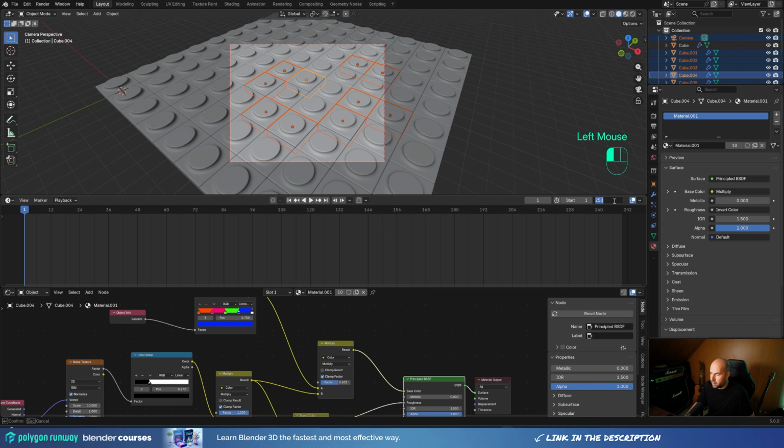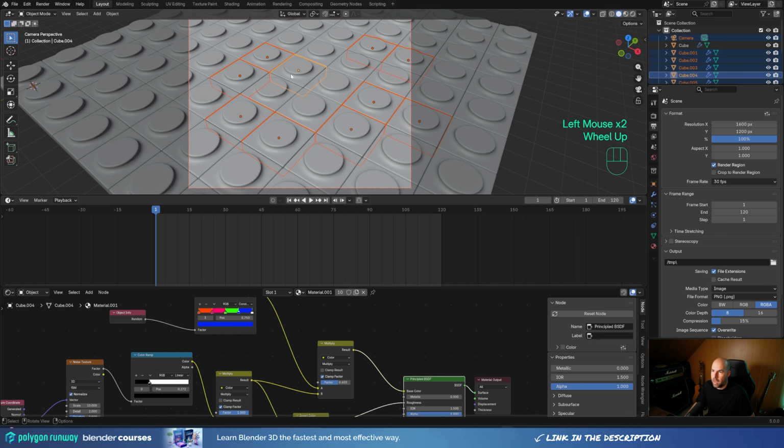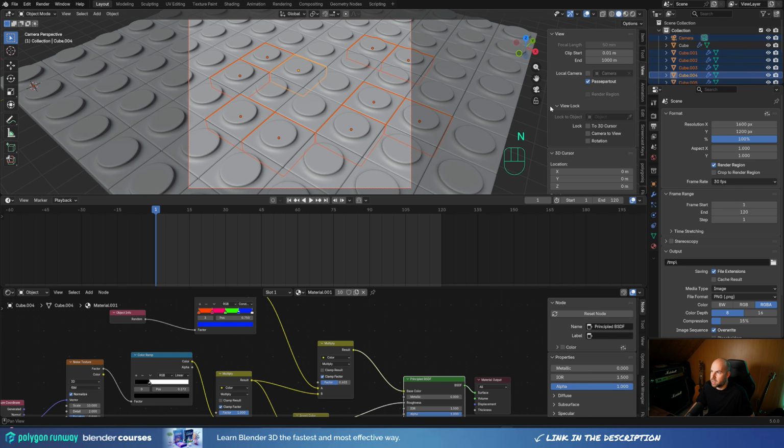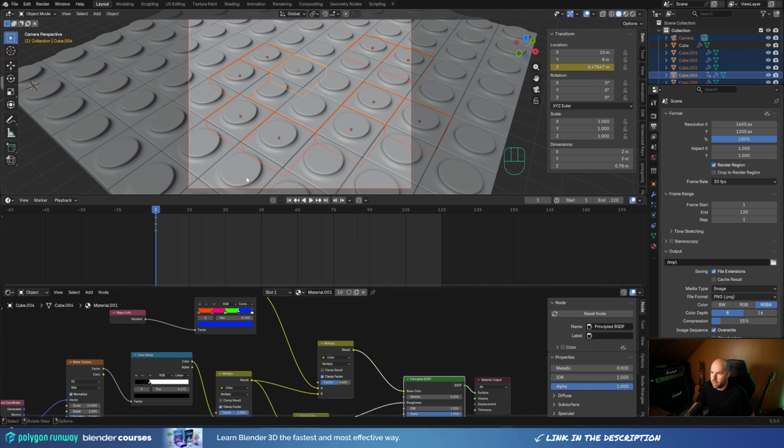And now let's set the animation length to something like 120 frames, and let's go into the output settings and switch frame rate to 30. And let's create our first animation here. So press N for the side panel, and in the item menu, let's right click and insert single keyframe for the Z location. And now let's move to like frame 6